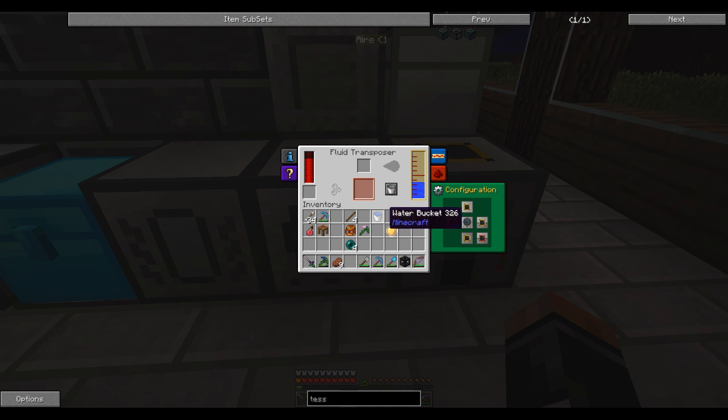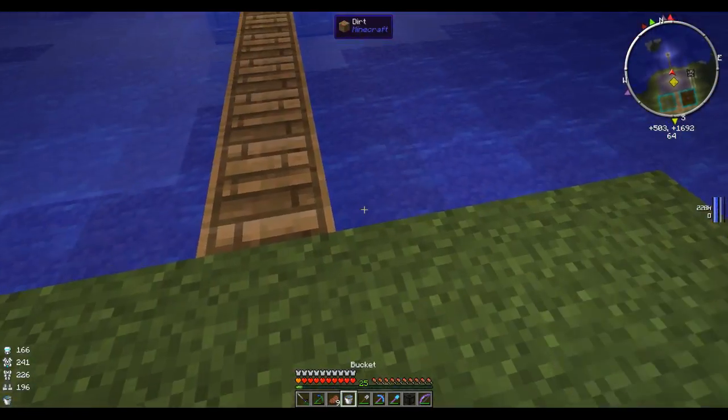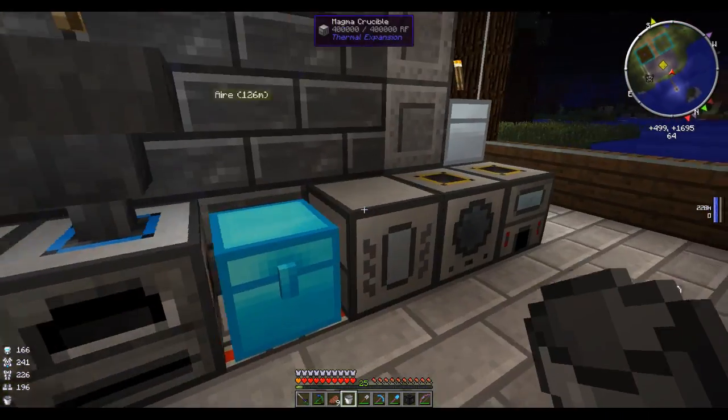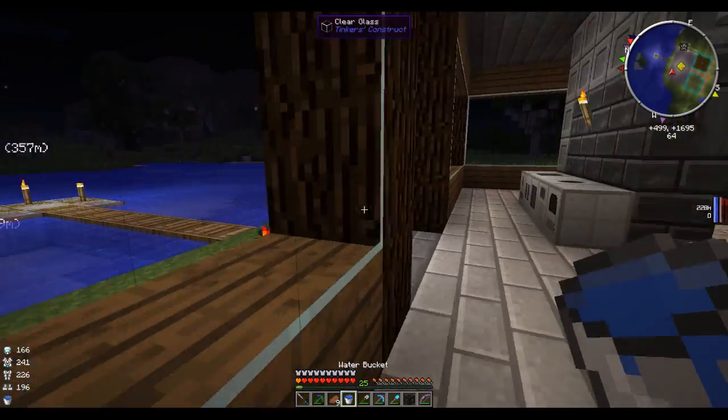So let's take a bucket of water here. Try to take this stuff out, because I do need to keep that there where it's at. Let's go ahead and just fill this up. Man, it filled up so quickly. But yeah, it's filling up the